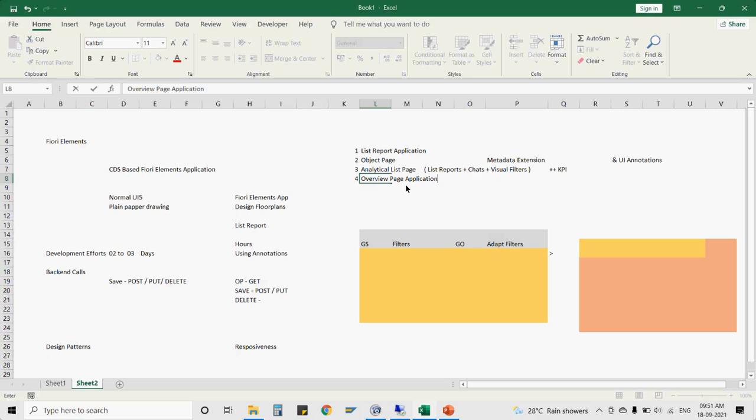And the last thing, which is also very much used these days, is called the overview page application. These applications are being used by multiple groups of people. Let's say the list report and object page mostly go hand in hand with each other in a combination. So this is being used by multiple sets of users,